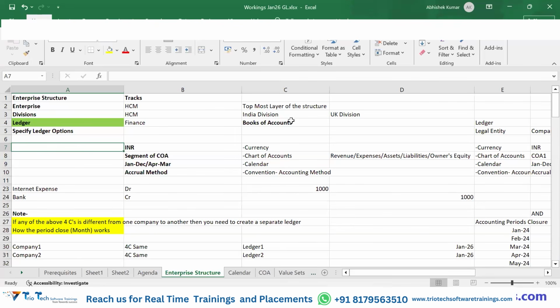And this is how we actually work in the actual project environment, where we do the prerequisite activities. Then going forward, we start with the configuration. But for that also,